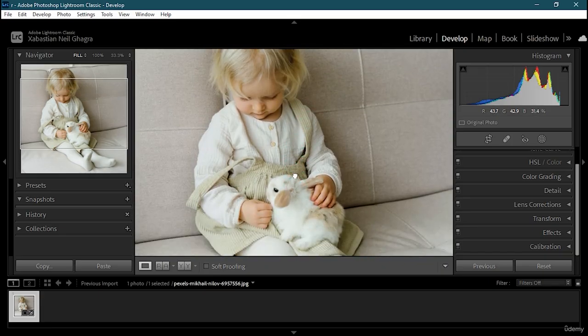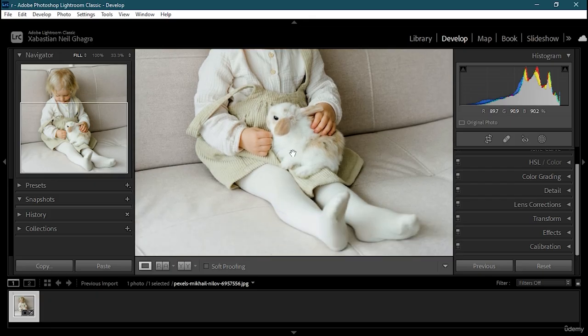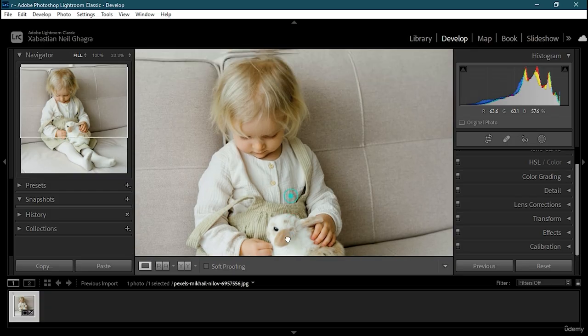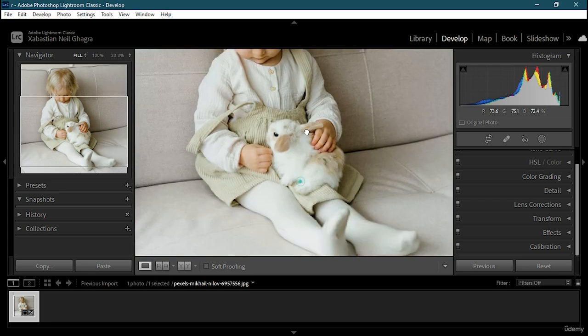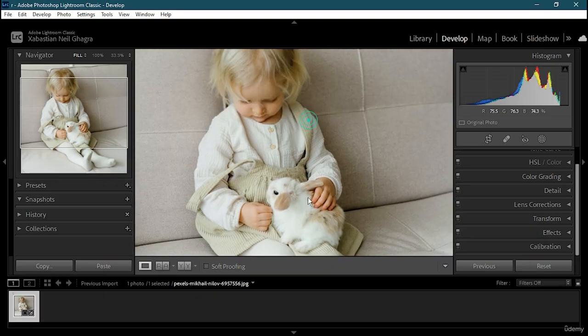So what we did is fix the texture, change the modes, fix the exposure, clarity, and all of those. And you can see that I have a better looking photo than the previous one which I had. So this is how you will be able to fix the texture of skin and also maintain the photo balance in Adobe Photoshop Lightroom. You will also be able to do it in Photoshop, but I also suggest you use